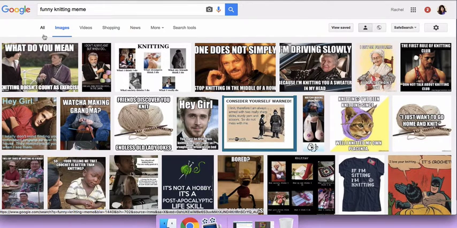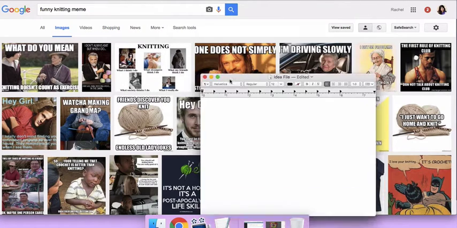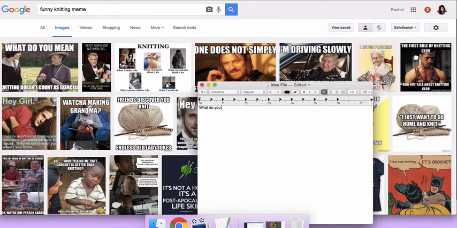And I'm going to look for different things that might work really well for a mug. Right away I see all different types of things. What do you mean knitting doesn't count as exercise? I can see that as a word-based design very quickly. So I'm just going to open up an idea file here. I'm going to write, what do you mean knitting doesn't count as exercise? Because that's something that we don't need a design for